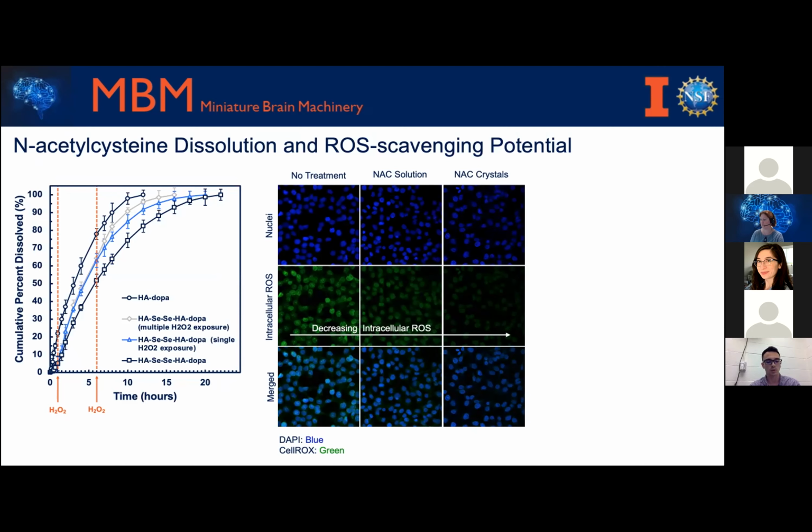I also wanted to confirm the ROS scavenging potential of these crystals in vitro. The confocal images depict the intracellular ROS levels using a dye that fluoresces green when oxidized and illustrates the improved efficacy of the crystals compared to NAC solution and no treatment conditions after cells were placed into an oxidative environment. So from here,